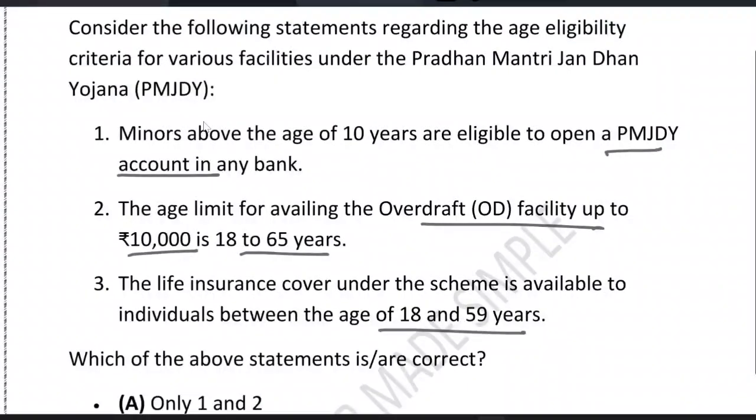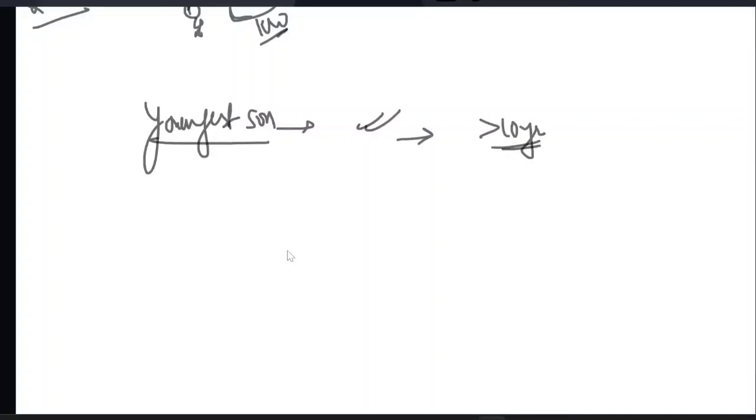Okay. So to understand this, imagine there is a family walking into a bank to take advantage of the Jan Dhan Yojana. Obviously, this is a scheme designed to make banking accessible to absolutely everyone. First of all, let's look at the youngest son, who is in middle school. Can he open an account? Yes. Under this scheme, a minor who has crossed 10 years of age can walk in,